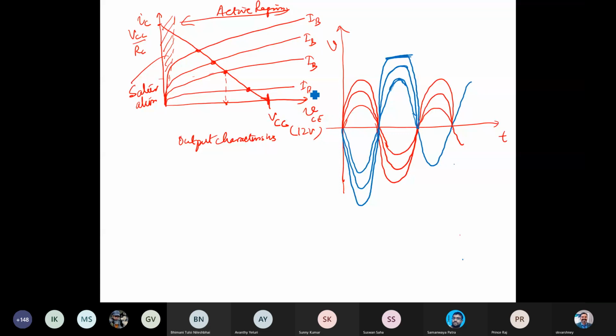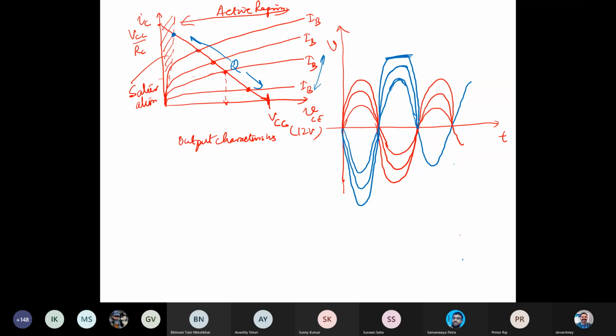You're changing the amplitude, which means you're simply changing the base current value IB, and the Q point is moving. For fixed values of all the resistors present in the circuit, the Q point may move along this line. It may reach here, or it may reach the maximum value. If I draw one more graph, it may reach this point. If it goes this way, the signal gets distorted.